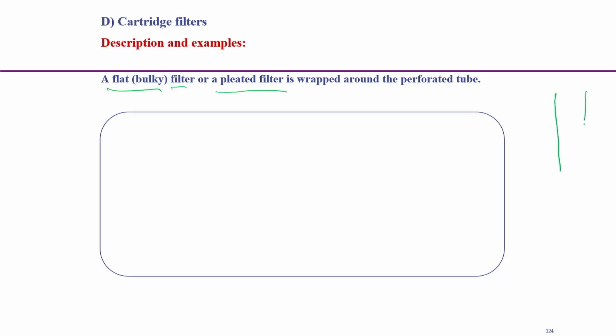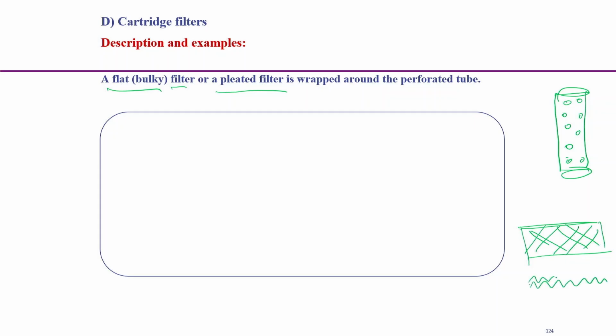If you see, this is the perforated tube, these are perforations, this is a circular cylindrical tube, and this is a flat filter or pleated filter. These filters are wrapped around this perforation,